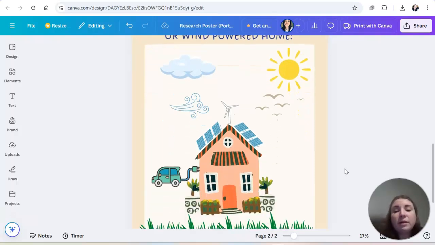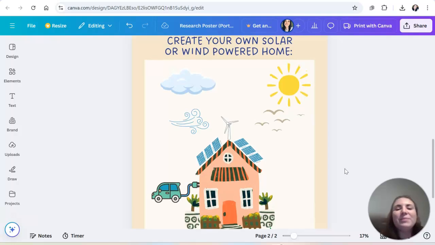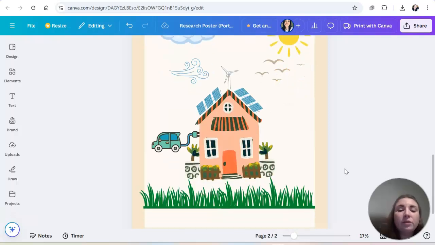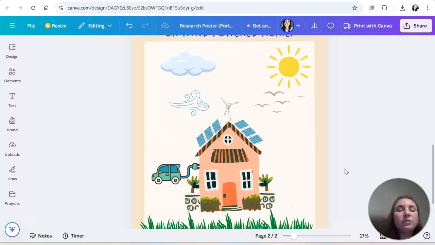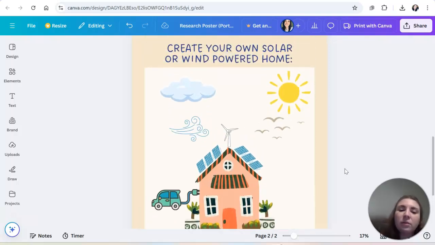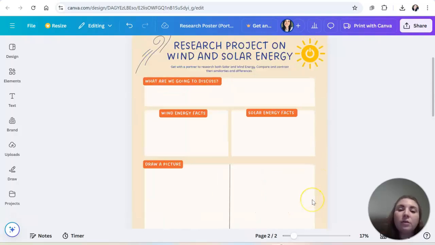So I just designed this one on Canva. They can either draw it or, I mean, they have Canva on their Chromebook. So if they wanted to put in interactive graphics like I did, that would be fine too. But I think most of my students love to draw, so I feel like this would be a drawing activity for them. And coloring to express kind of what they learned